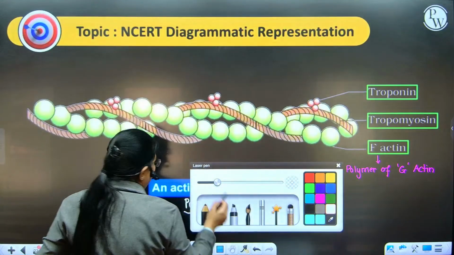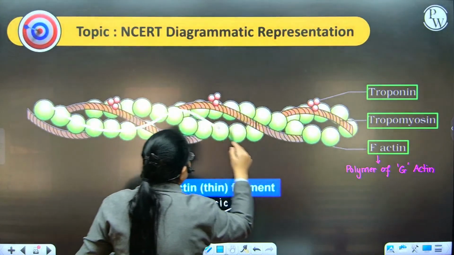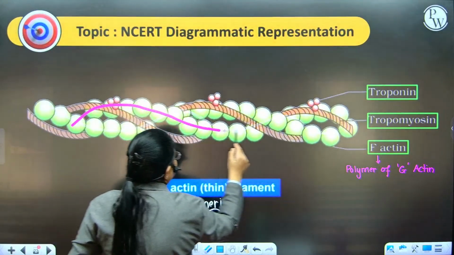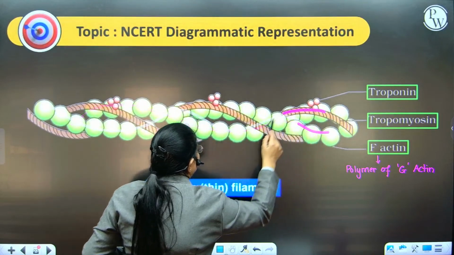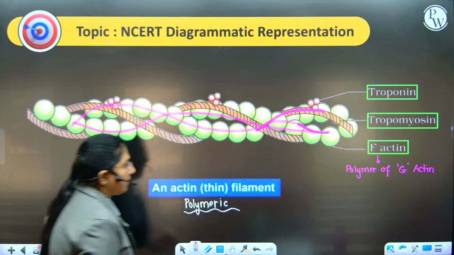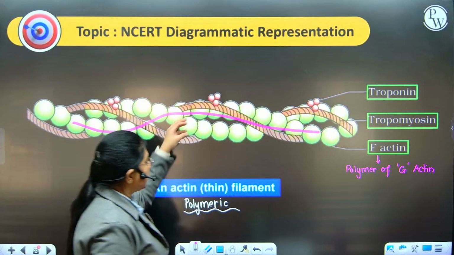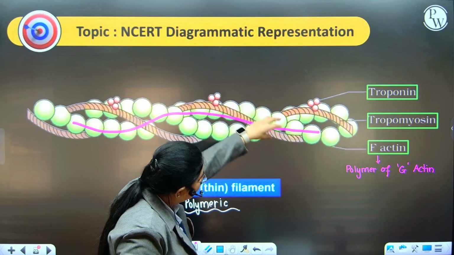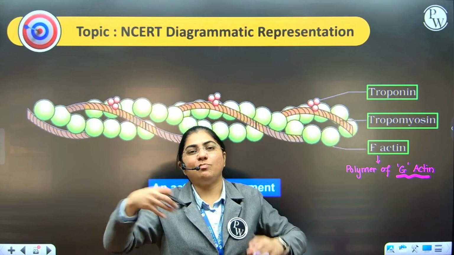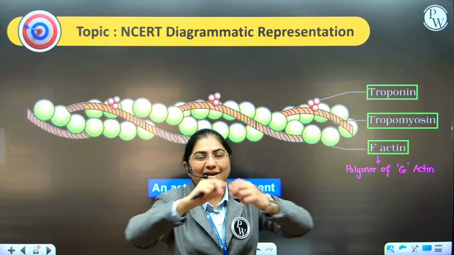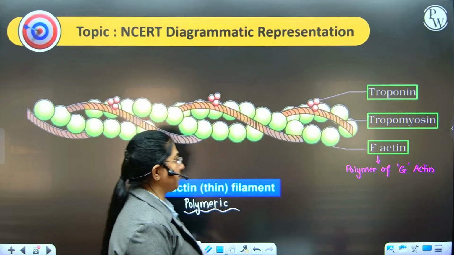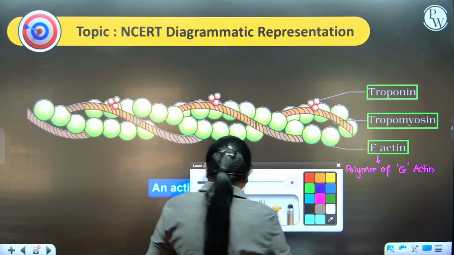Now this beaded structure that you can see here, let me use another color for you. This beaded structure that you can see here like a necklace is nothing but your F-actin protein. And this F-actin protein is, as you can see, made up of small beaded structures, and these beads are nothing but G-actin. So F-actin is a polymer of G-actin. It's like a necklace of pearls which is intertwined amongst themselves in a helical format. So there are two F-actins,